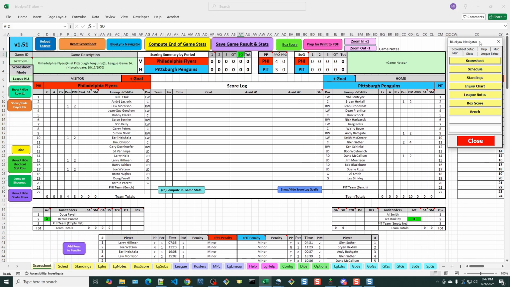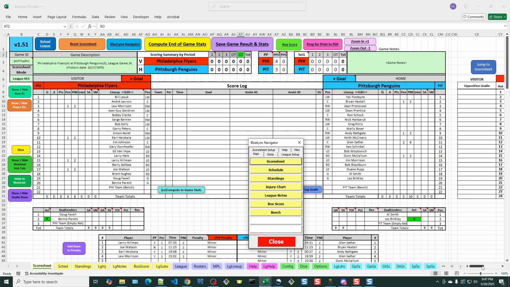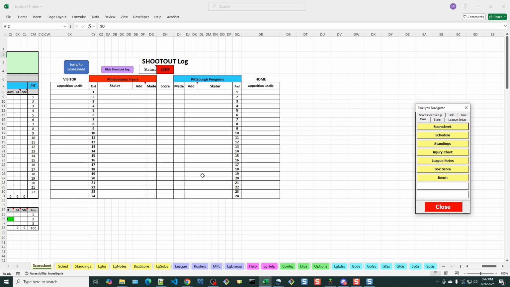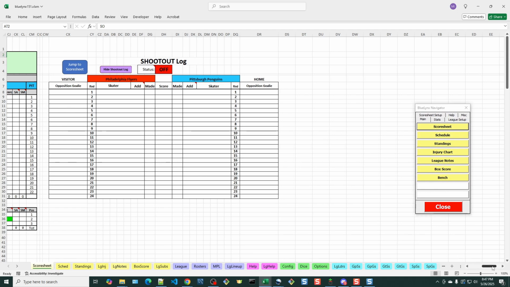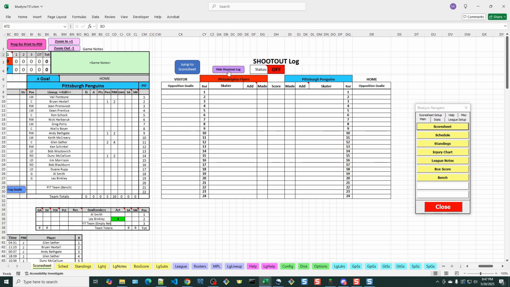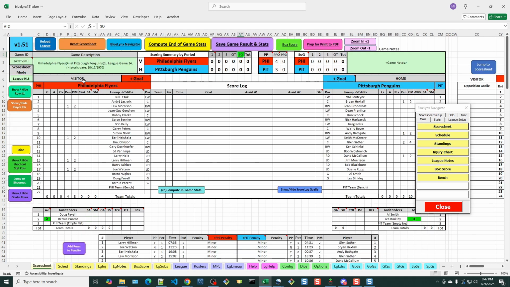And I'm going to show you, over here on the left, there is this button, jump to shootout. And basically it just shifts your score sheet to the right to see your shootout log. Maybe it shifts it a little too far, but then over here in the shootout log, you can jump back to the score sheet. So I'm going to go to the shootout,